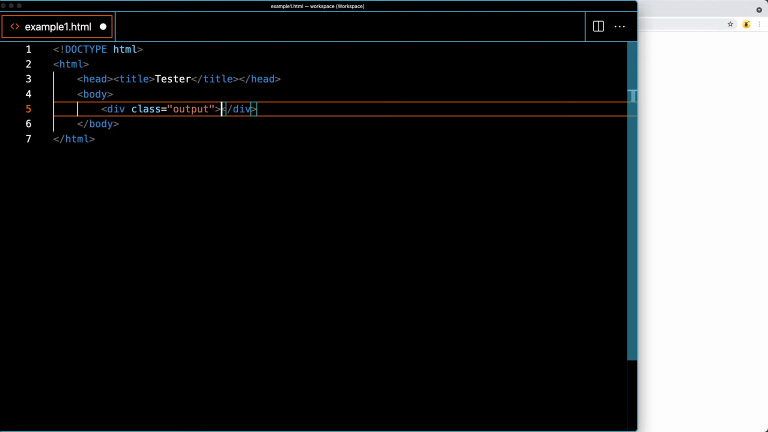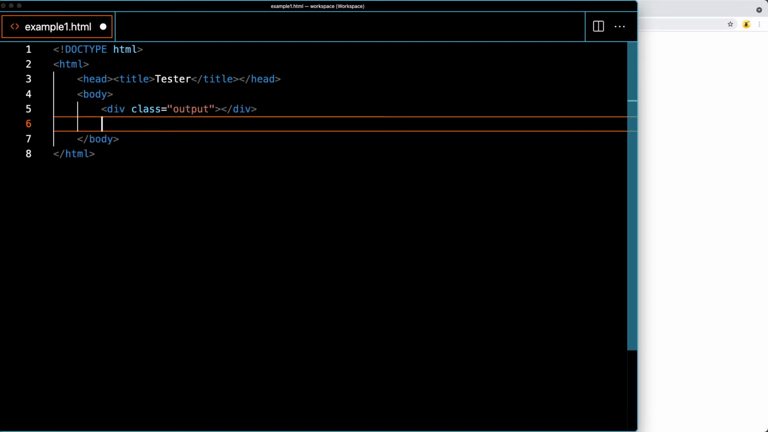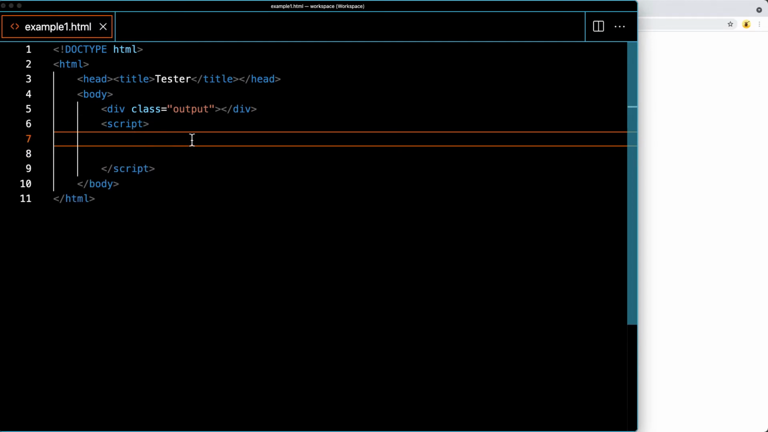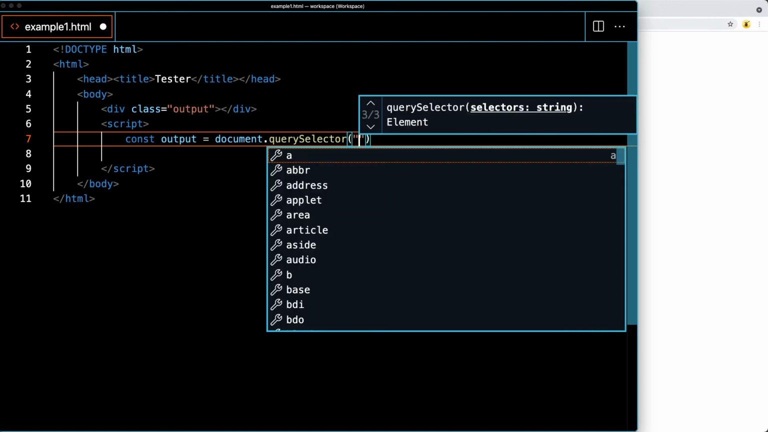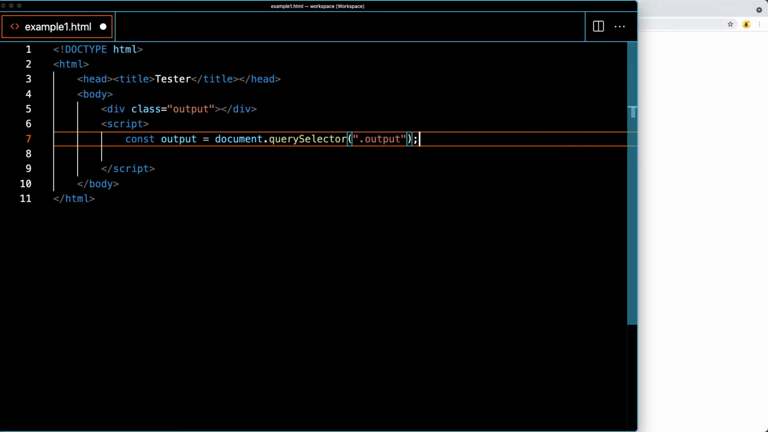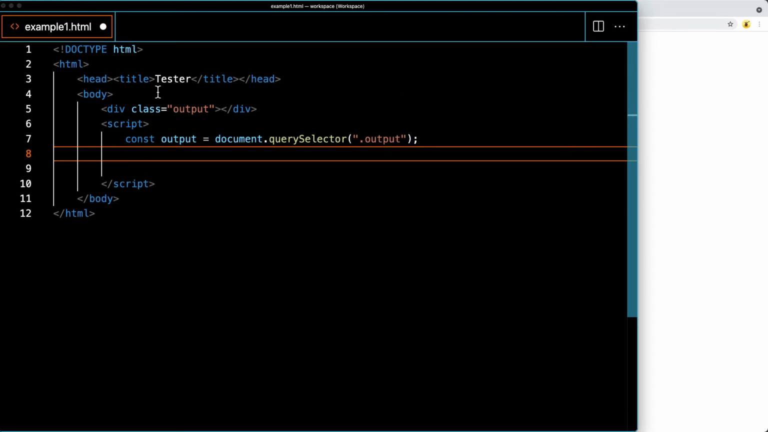So just going to give it a name of output. And then just below that, I'm going to add in the script tags. So just do it within the HTML file. And within the script file, we're going to be outputting the content. So we'll select that output area first that we want to output the content to. And I'm going to use the document and query selector method in order to select the element with a class of output. So that will select it into the output object and prepare us to be able to output content